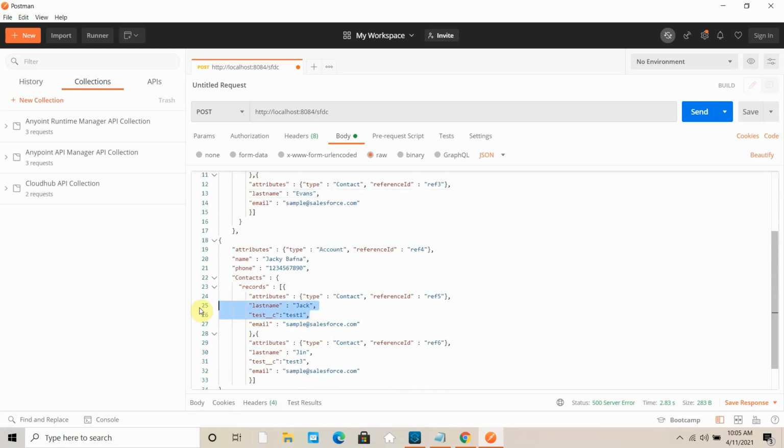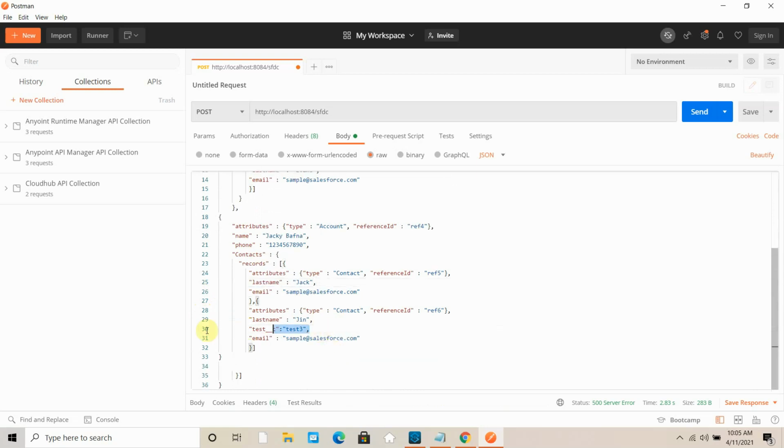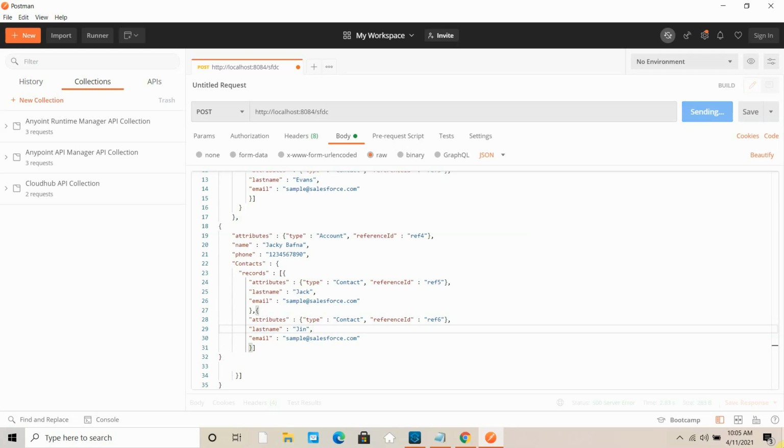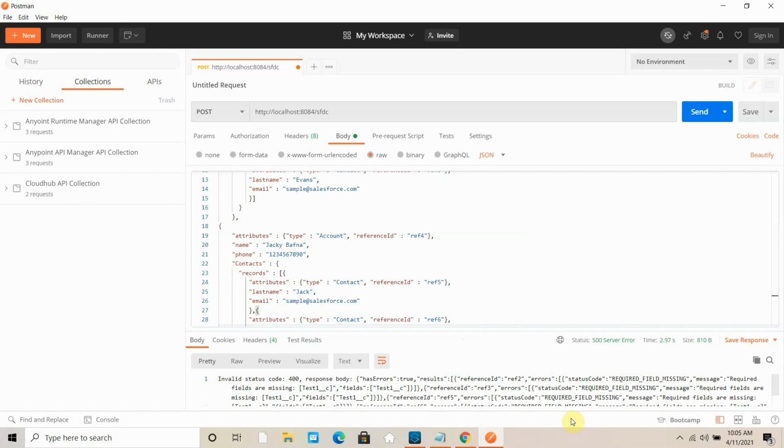I forget the name of the field. Let me send the request after removing this. I think it's capital test. Yeah, required field is missing. It's test 1c. So this field is missing. So I will add this again.